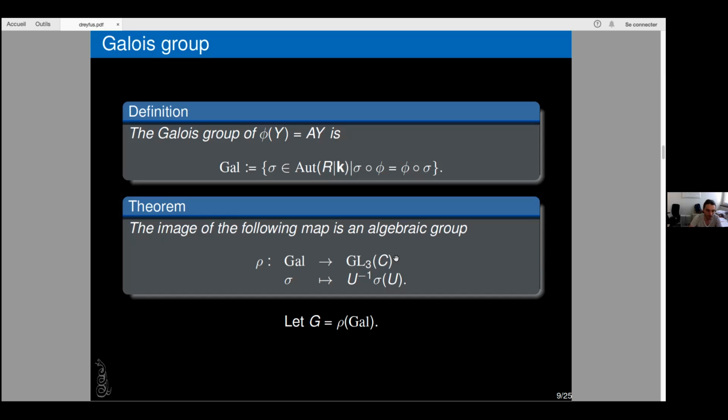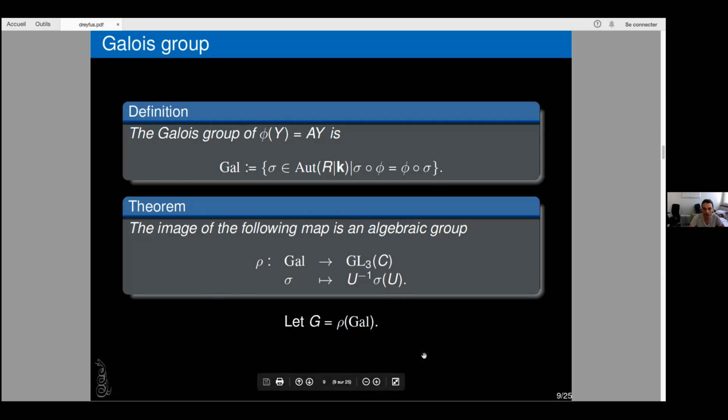So as I said before, my goal is to compute the Galois group. By computing the Galois group, I mean computing its image as an algebraic group. So one of the potential applications is to understand if solutions of a difference equation are algebraic or not. Okay, so from now on, when I say J, it will be the image of the Galois group as an